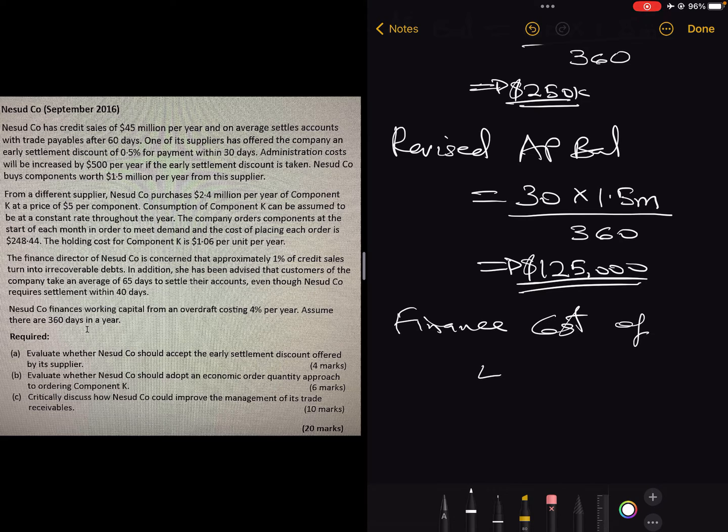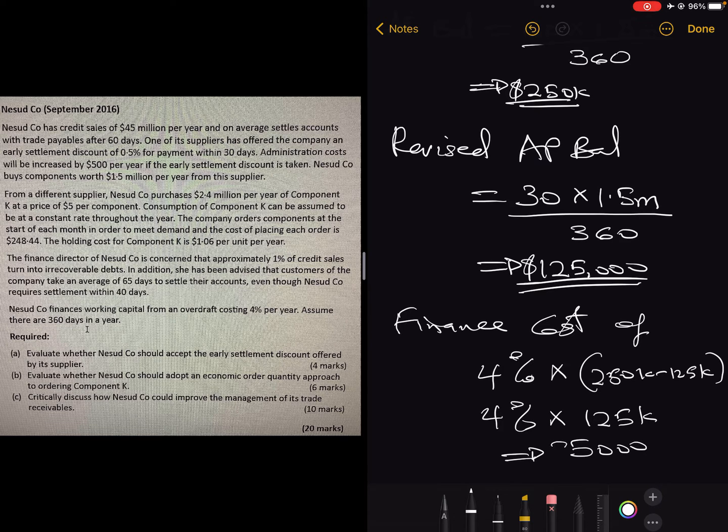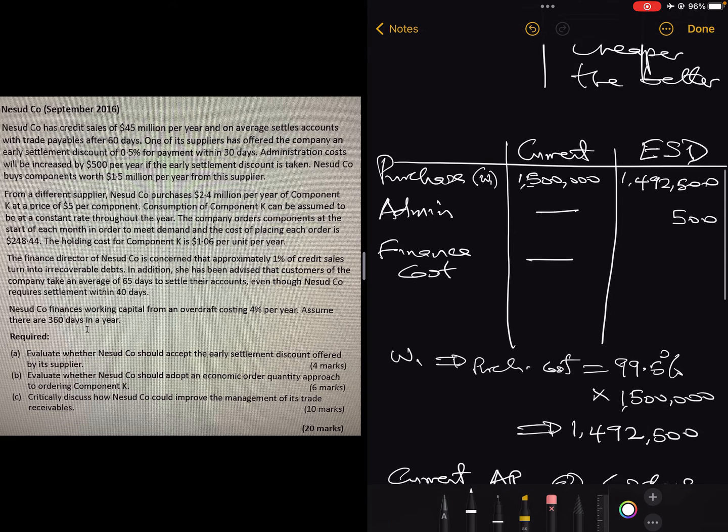So which means we have an additional finance cost of 4% multiplied by 250k minus 125k. So that is 4% multiplied by 125,000, and that will give you an additional financing cost of $5,000. So we need to add that as a new cost, 5,000. So eventually, the total cost under the current scenario remains 1.5 million. Under the revised proposed early settlement discount, add everything together, we have